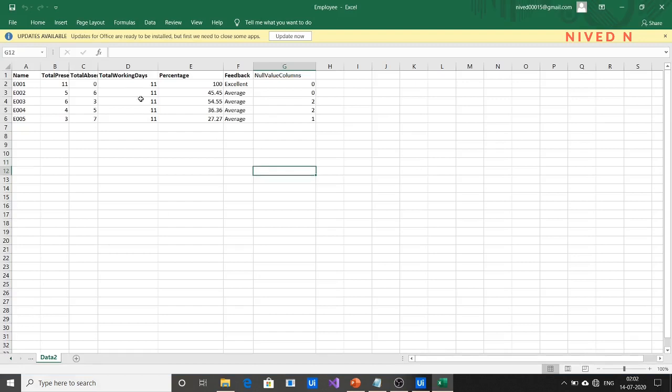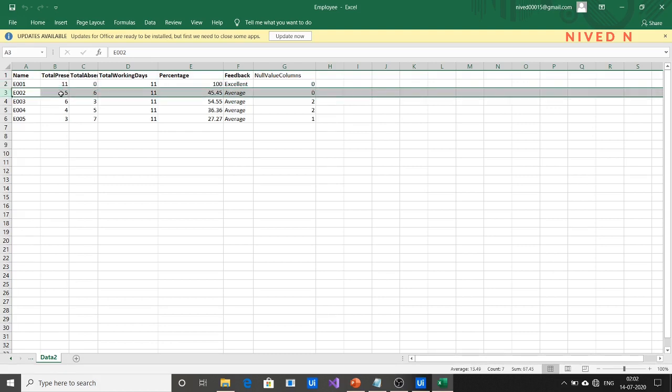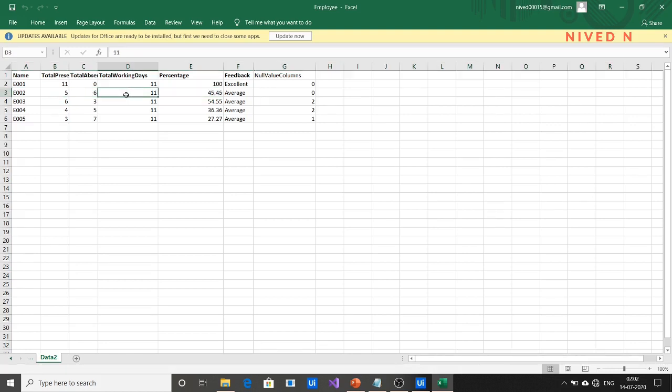Okay, now you can see the total present for employee E001. He was present for a total of 11 working days, so his percentage is 100. He's excellent, and there is no null value in his attendance sheet. But if you look at E002, he was only present for 5 days and absent for 6 days, out of a total of 11 working days, and his percentage is around 45.45. Earlier the value was 45.454545, etc. Now it is rounded to two decimal values.